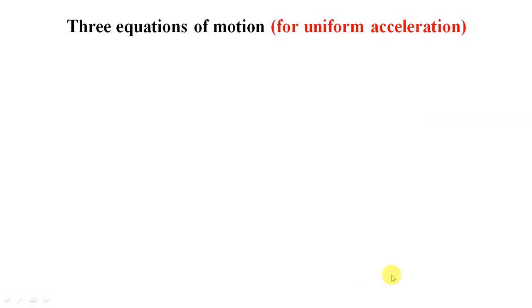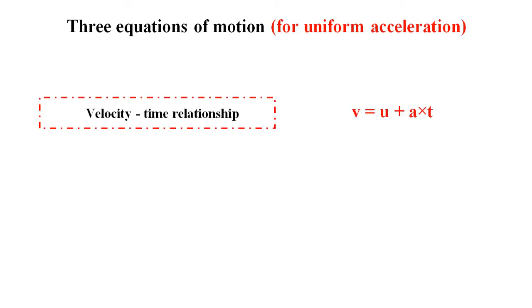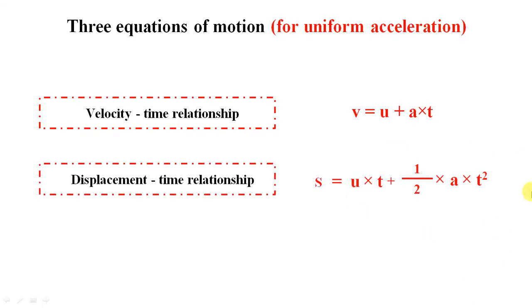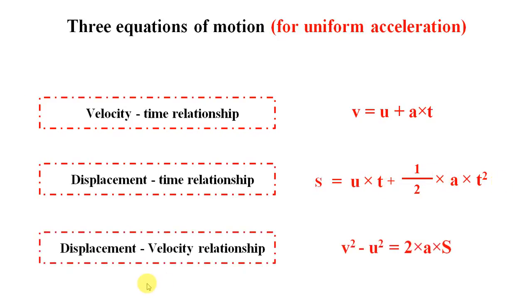2as. And the three equations of motion for uniform acceleration are: first one, velocity time relationship, v is equal to u plus at. Displacement time relationship, s is equal to ut plus half times at squared. Displacement velocity relationship or velocity displacement relationship, v squared minus u squared is